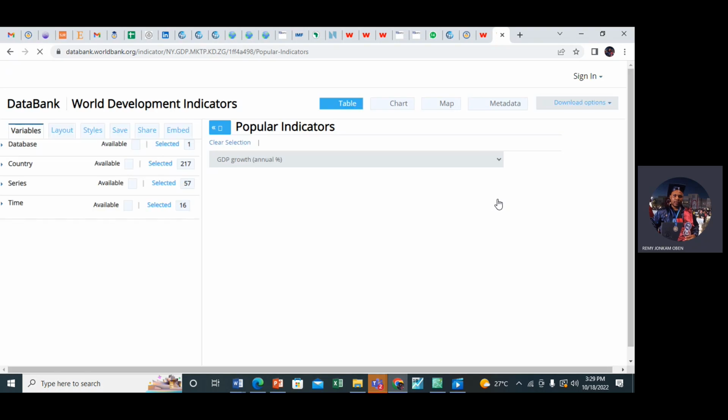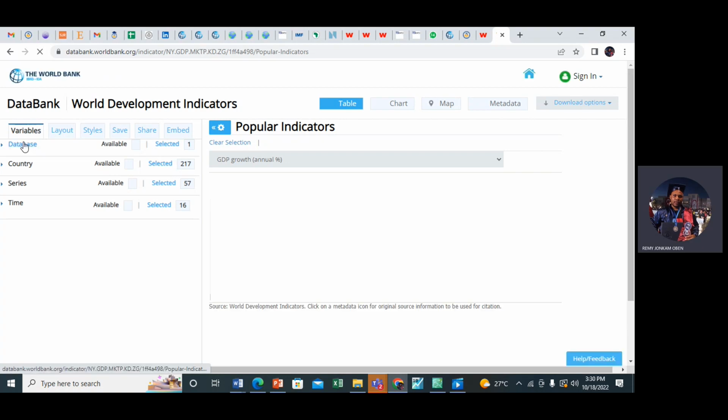Okay, so when you click that first one I showed you, it brings you here. Why did I ask you to click that first one, GDP? It is because in World Bank DataBank, we have many databases. You see here, Database, Country, Series, Time. You see, we have many databases. Like if I click on Database,